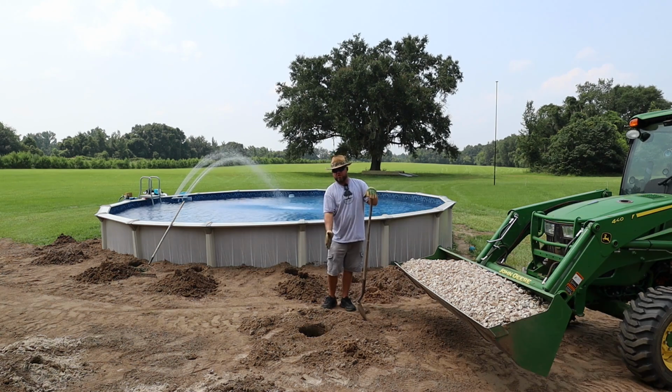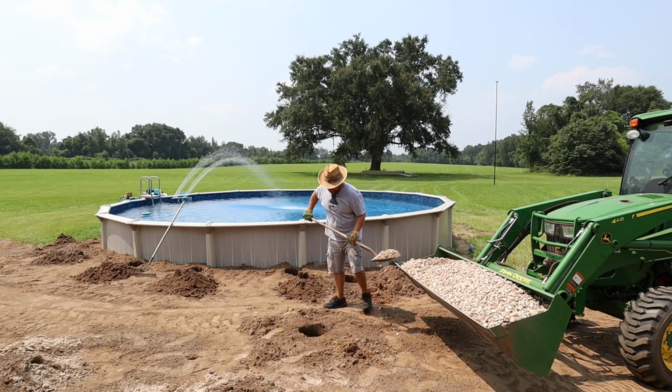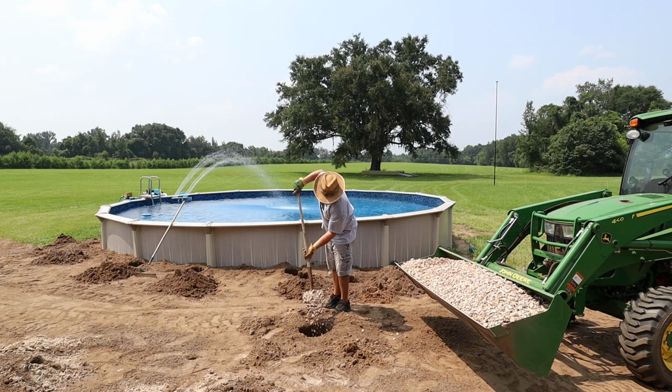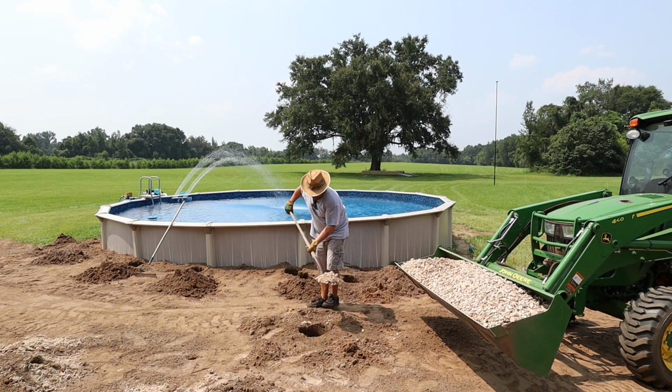We're going to be enclosing the side of our deck right here, so I did not want those concrete sonotubes anywhere. Let's get to work. So like I said, in the bottom of every single hole I have out here, I'm going to put about 6 inches of this number 5 rock,